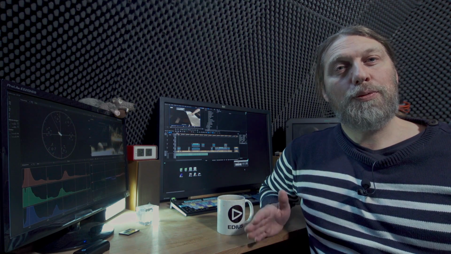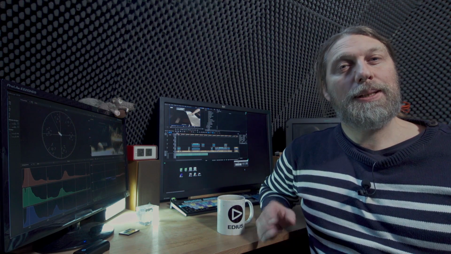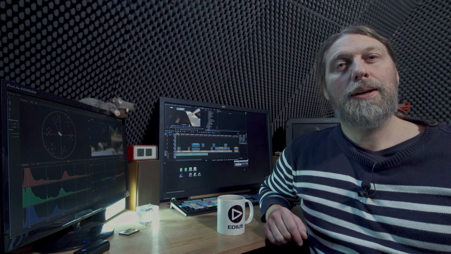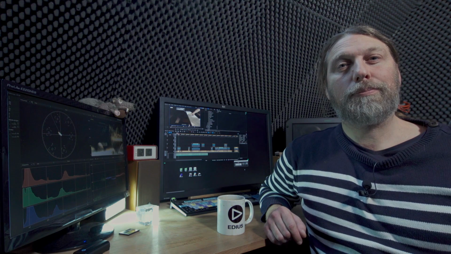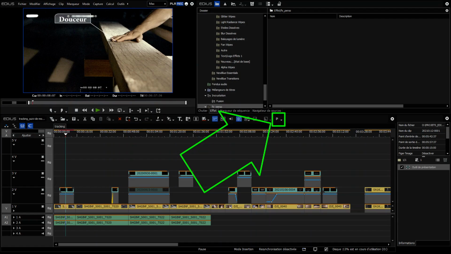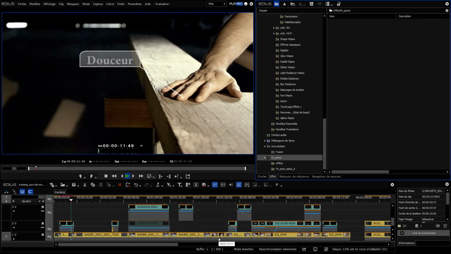And I would also like to mention that the sources I use in this example are partly ProRes LT 4K 50p files. So they are quite large files and a lot to handle, which is why from time to time I switch to proxy files to have more flexibility in the editing process. So let's go.